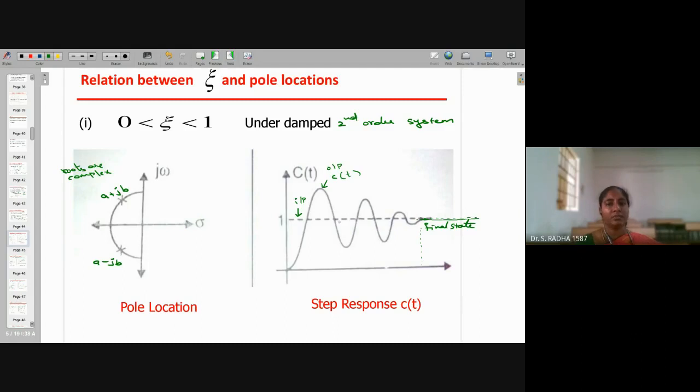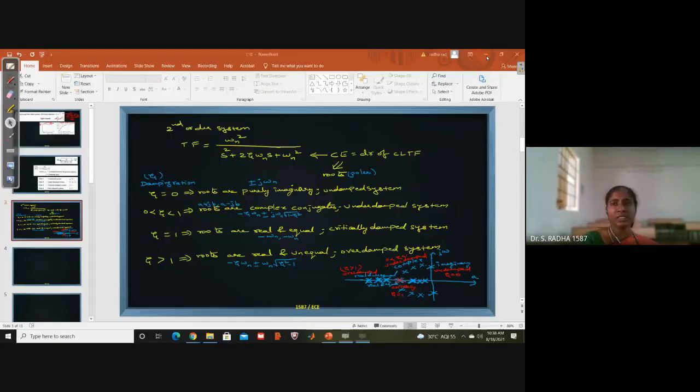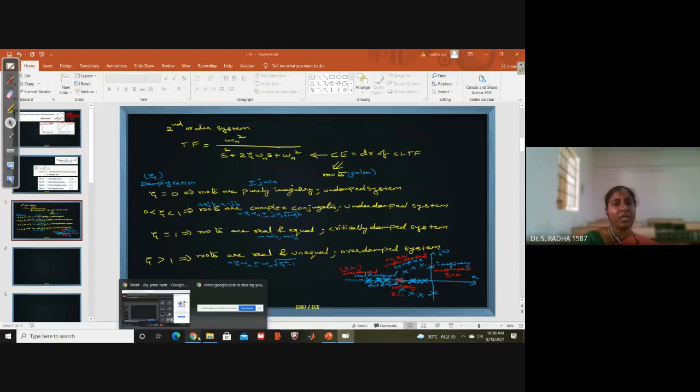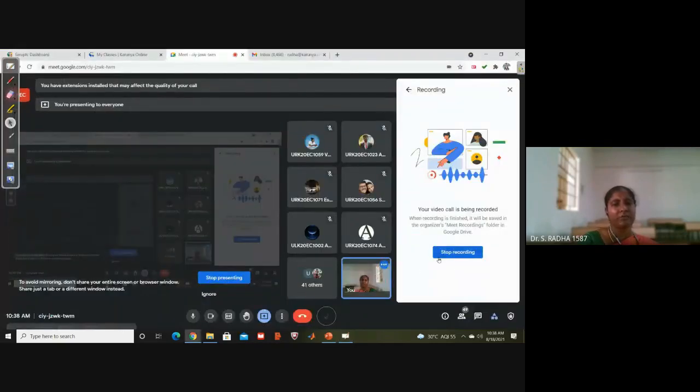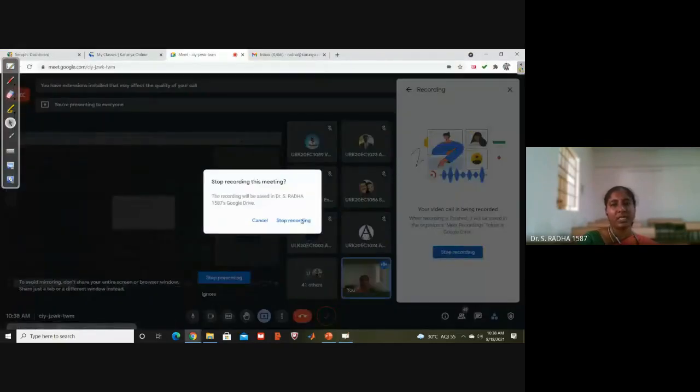This is the behavior of the underdamped system. It slowly increases above the dotted line, comes down, goes up again, comes down, but the sinusoidal height is decreasing. Finally, it settles down very close to the dotted line. This is the graph of the underdamped system. Among all the 4 cases, this graph is very, very important.